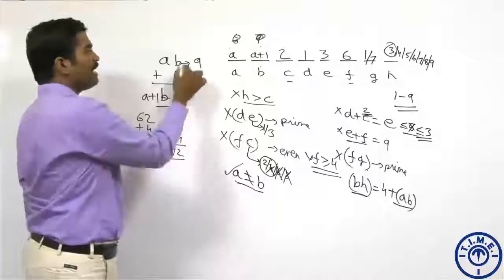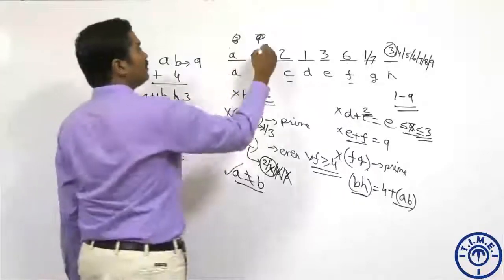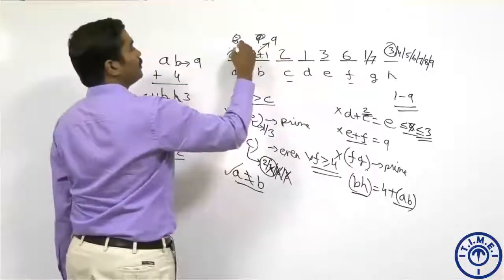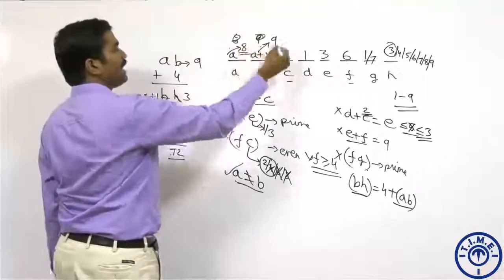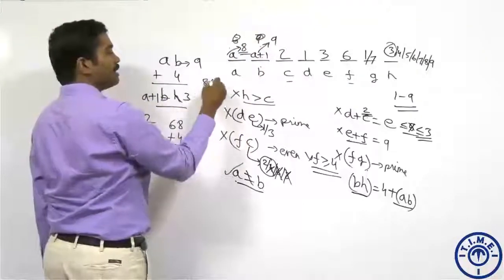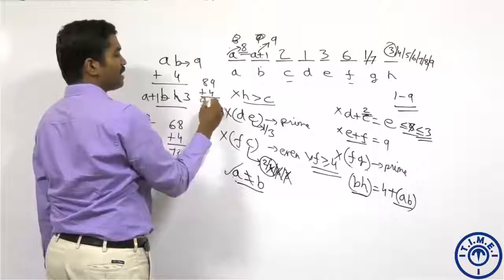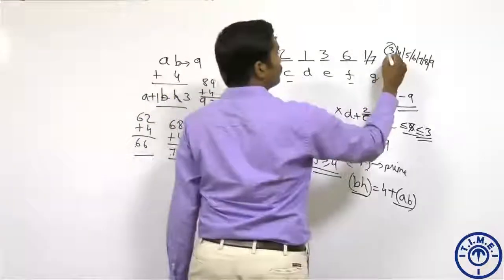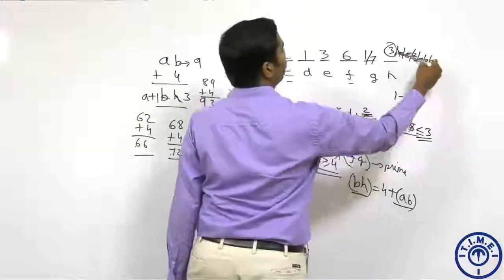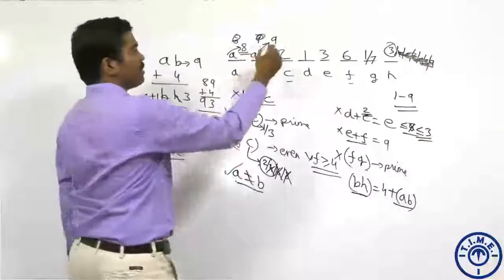But what do I know? B is A plus 1. So if this is 9, this has to be 8. A is 8, B is 9. 89 plus 4, that's 93, and therefore H is equal to 3. All the other values are ruled out. So the number is